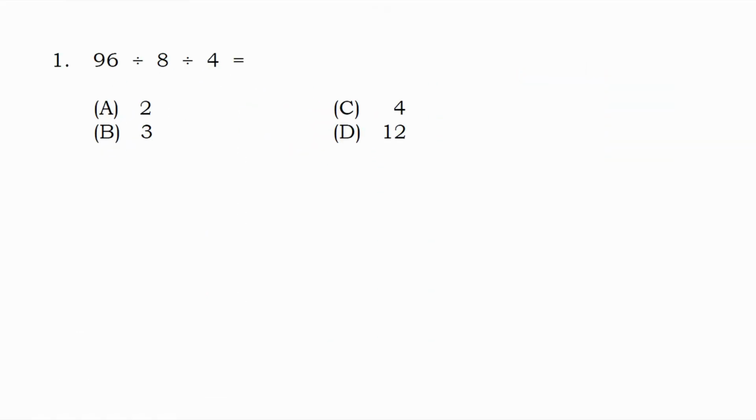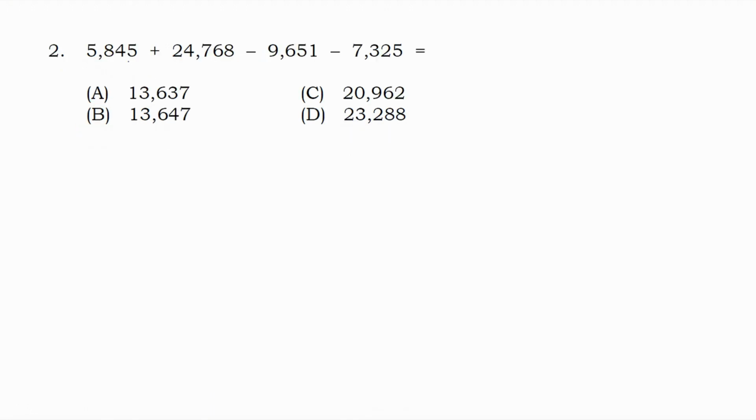Number 1, 96 divided by 8 divided by 4. So, 96 divided by 8 is 12. And then 12 divided by 4 is 3. So, the answer is letter B. Number 2,